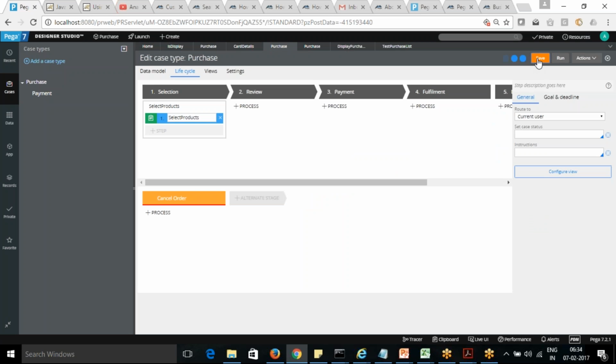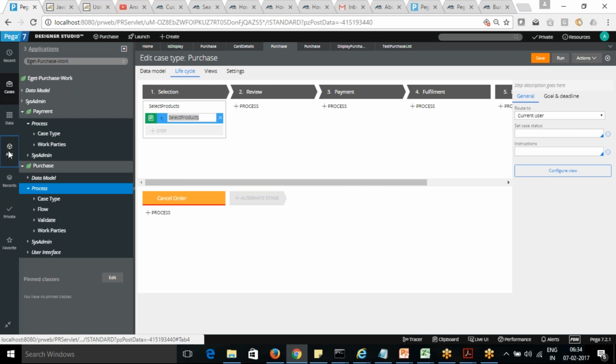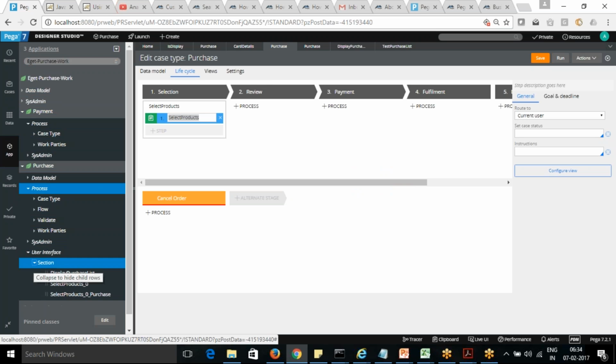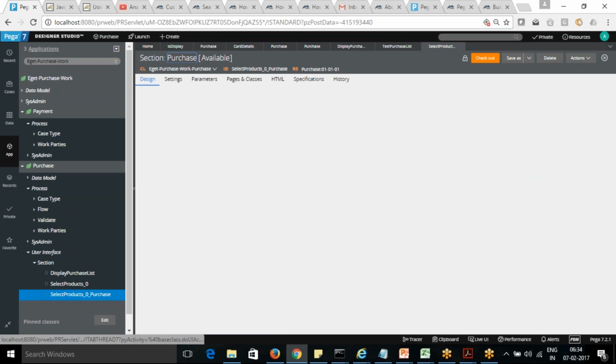Okay. So now we are able to test it from there. Okay. The user interface should be created with the new name as well. Select product purchase as a separate one.